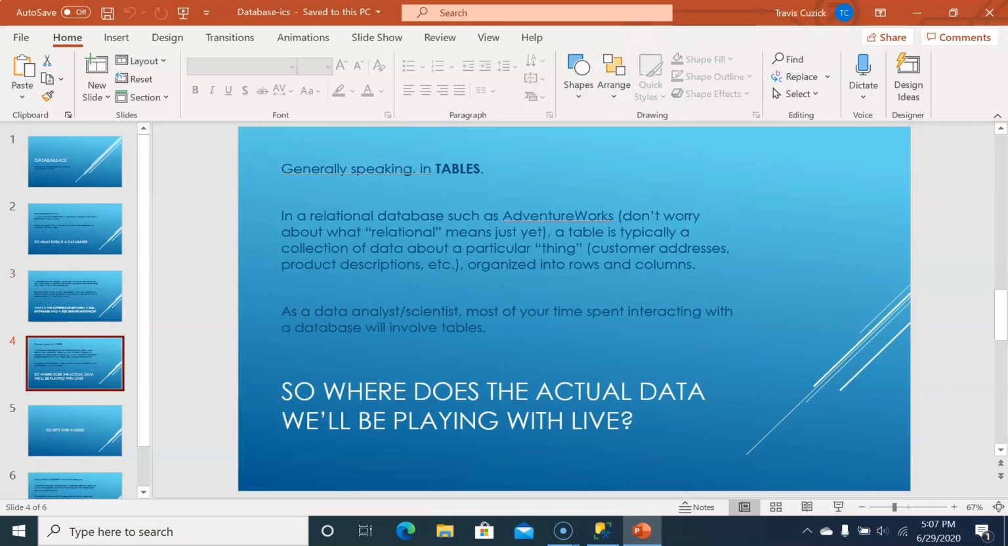So where does the actual data that we'll be playing with live? This is where the rubber meets the road. This is the thing that we're going to be dealing with 99% of the time. It's in tables. Now, in a relational database like AdventureWorks, and don't worry about what relational means just yet, you're going to be hearing that word a lot, but for now, just accept AdventureWorks is a relational database. A table is a collection of data about a particular thing,